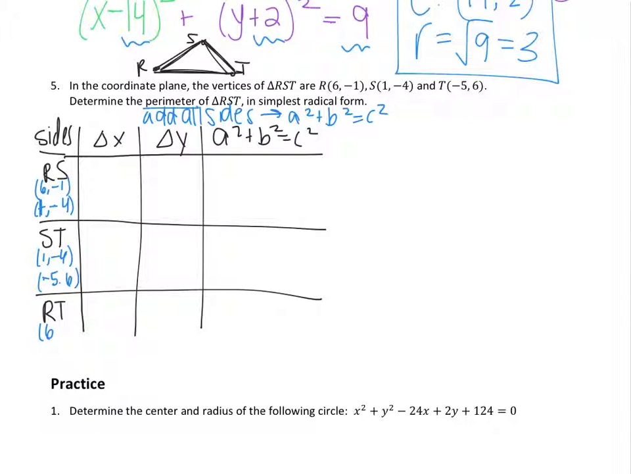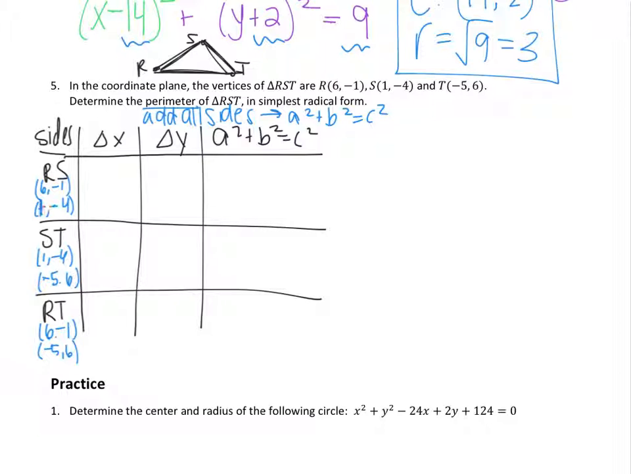R is 6, negative 1. And T is negative 5, positive 6. Now we can go through and calculate our changes, and in order to do that, you just have to look up and down with these coordinates now. Instead of moving your eyes back to the original problem, and you might mix up what letters or what numbers you're supposed to subtract with which, you can just simply look over here on the left side of your table